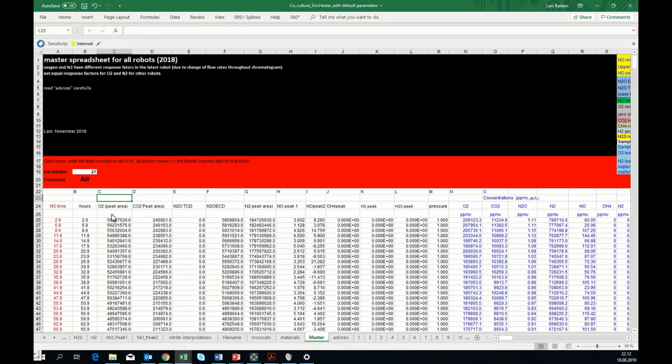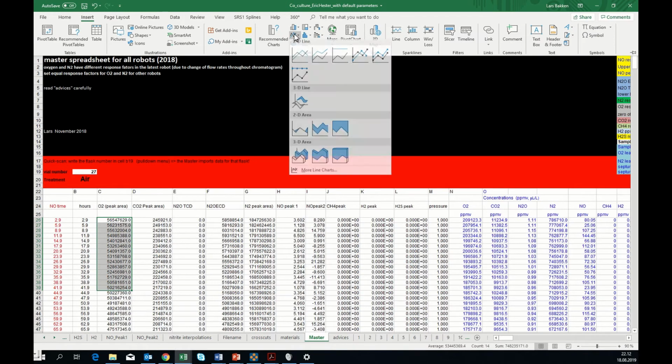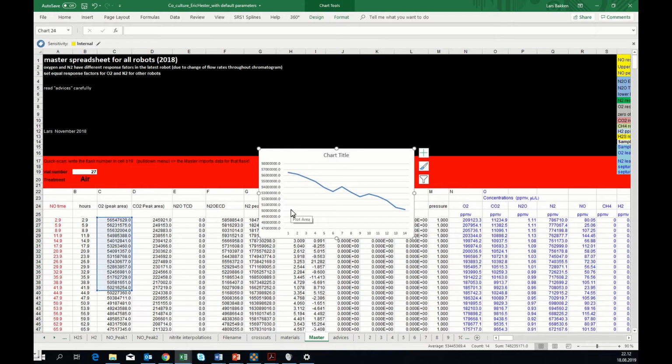and you have to set the right calibration factors. So the first thing I do, I look at the oxygen peak for my air standard, and I check that it's stable throughout the first readings, and that is actually quite important, that the first reading is not an outlier. Sometimes you get outliers with robots, even if they are automatically injecting things, and things should be quite stable. Sometimes you get the wrong readings. You can mend that by reintegration, but sometimes you can't because you have had problems with the injection. So in this case you see that there's a nice decline with sampling for the peak area for oxygen, so I can use my first one,